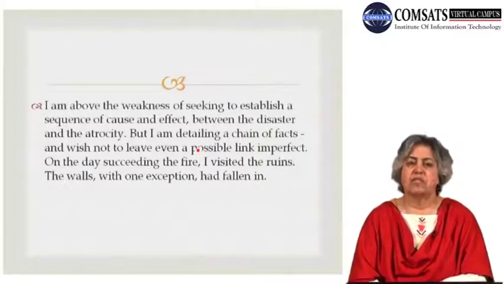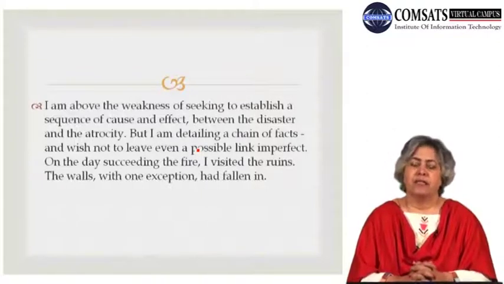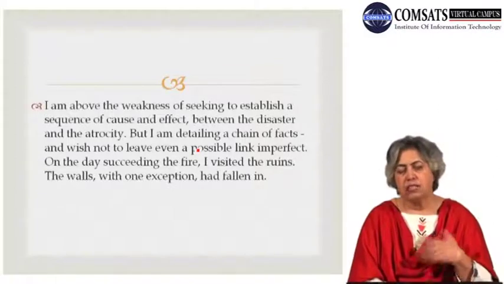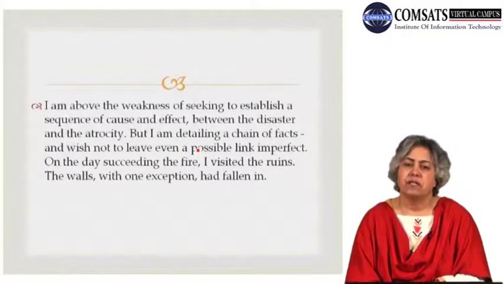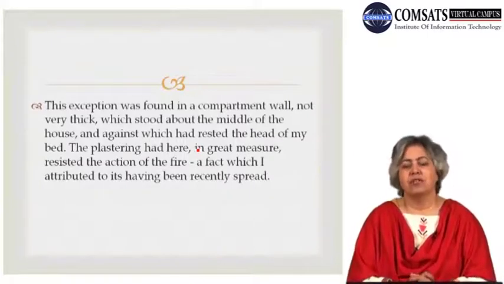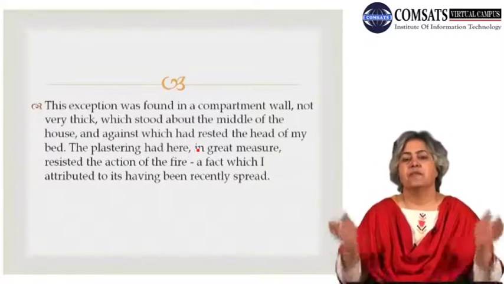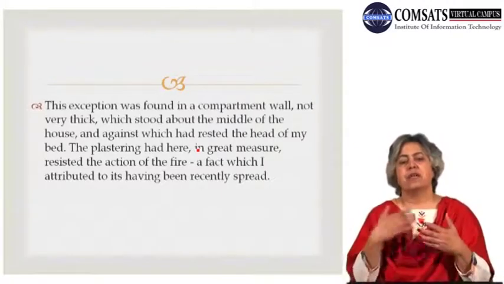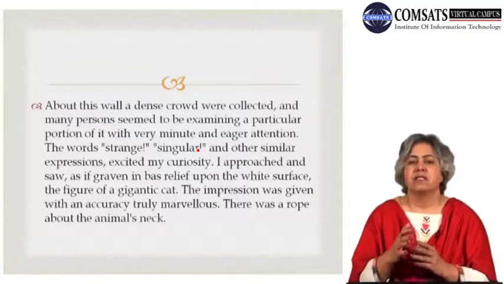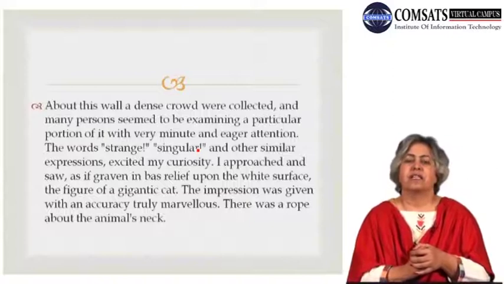I am above the weakness of seeking to establish a sequence of cause and effect between the disaster and the atrocity. So he tries to think about it, to think of why the fire broke out, and what he could have done to have avoided this fire. So the day after that, he goes to look at the house that had burned down in the night, and he sees that there's only one wall standing, and there are people who are surrounding this wall. And he can't understand, for one thing, why that wall is standing, because it was not a supporting wall. It was not what is called a load-bearing wall. It was a compartment wall. It was a wall which separated one room from another. Specifically speaking, it is the wall of the room against which his bed had rested until it too was burnt